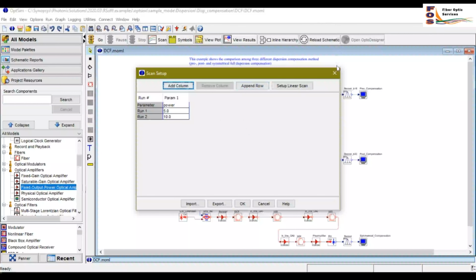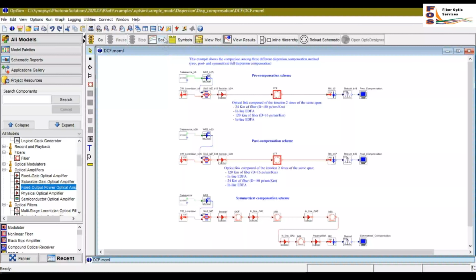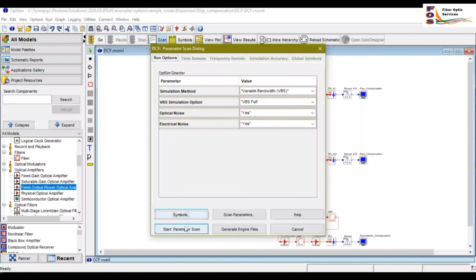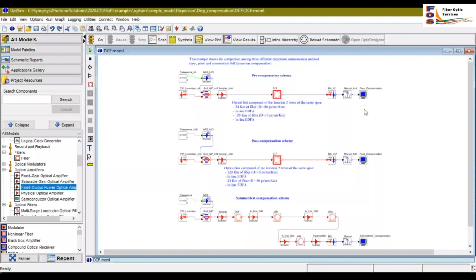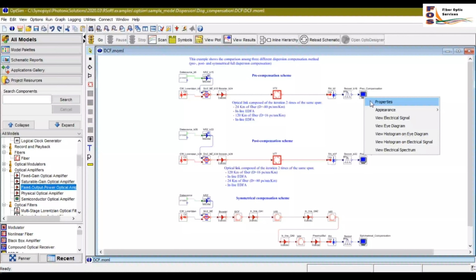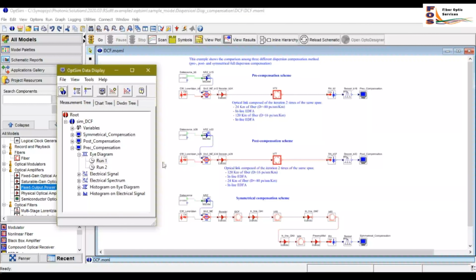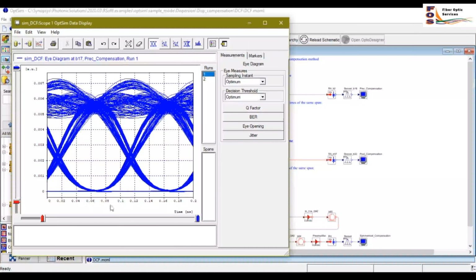Once that is done, you can just go to the scan option and click on yes and start a parameter scan. Once the simulation is complete, you can go to the electrical scope and you can view the different outputs. If you just view the eye diagram, here you can see the eye diagram for the pre-compensation for the two runs.